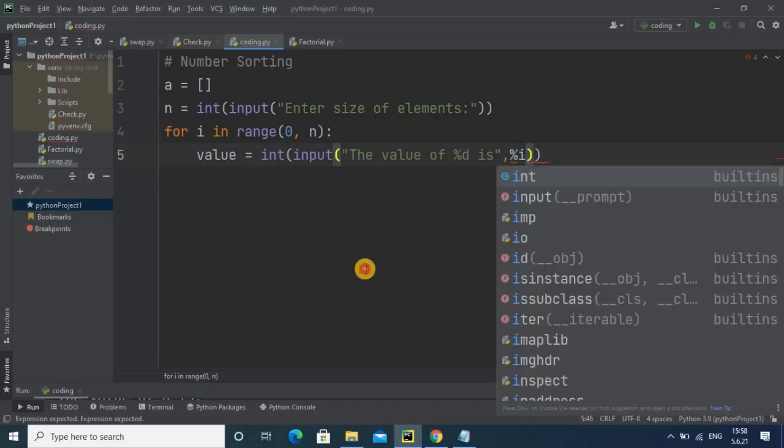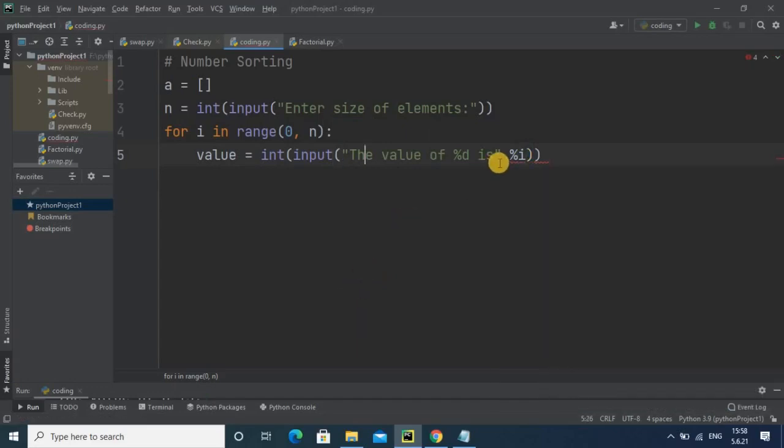Here I have written the statement, the value of %d is. The comma is not required here because we are using it inside the input. It will extract the value of i. Suppose we are entering four values, those values will be displayed here. We will test this code later on.